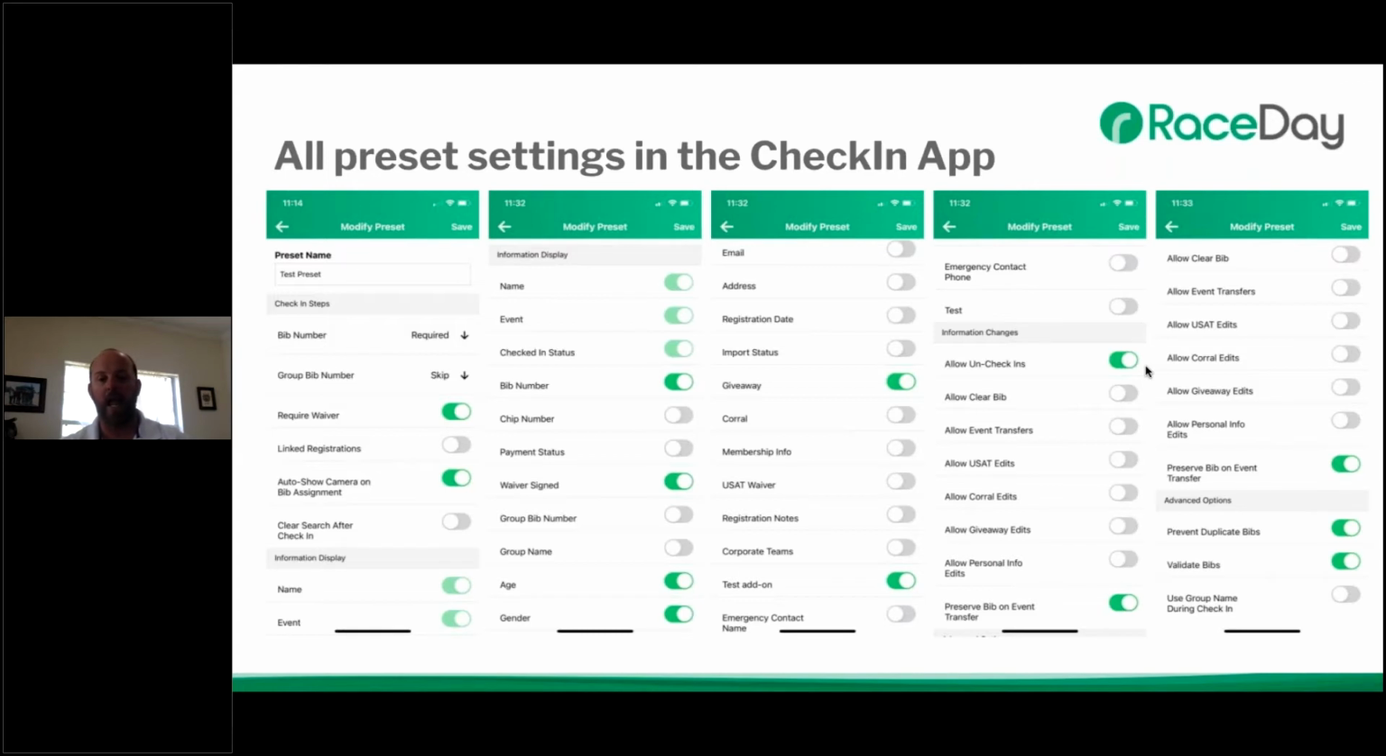They can look at the card and edit now the USAT number within, and that will save back into RunSignup. You can allow corral edits and personal info edits, and you can also allow for giveaway edits. I will tell you, if you allow for giveaway edits, one thing that you need to keep in mind is